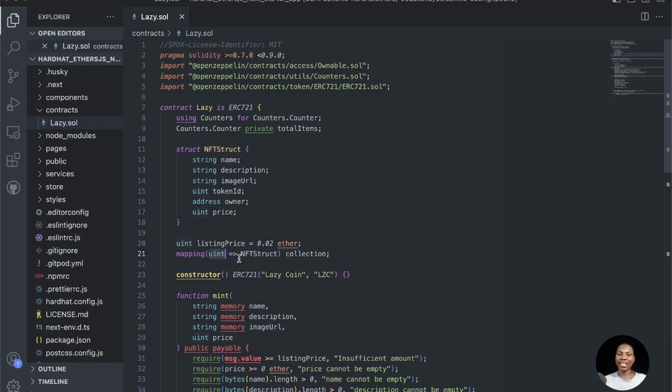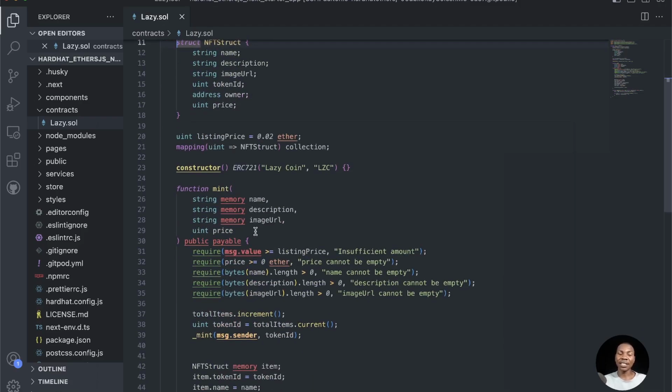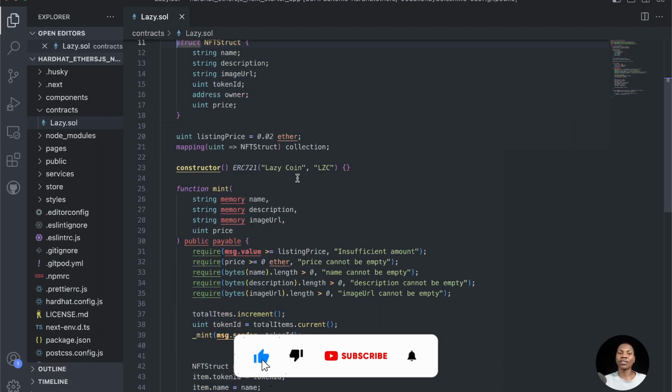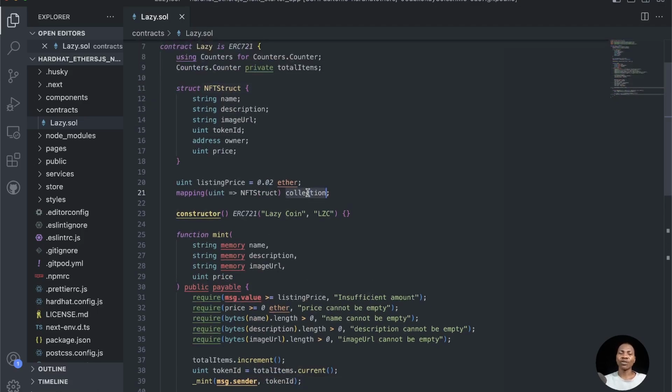So for each token ID, we have a representation of this NFT struct. That means each NFT has a name, description, image, token, and all those sort of things. I'm just making this very simple. This is not a full-blown NFT minting project or NFT marketplace project. So I'm going to call this collection, and I'm going to declare the constructor and initialize this ERC721 token